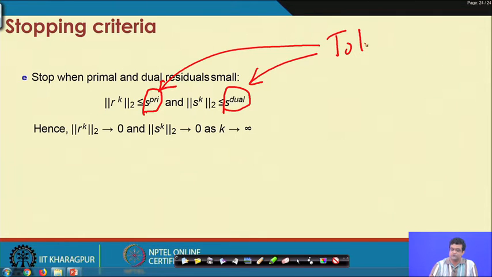So, whenever the norm of your primal residual is less than the primal tolerance and the norm of your dual residual is less than the dual tolerance value, you can stop iterating further. This is the recipe for the stopping of the ADMM iterations.